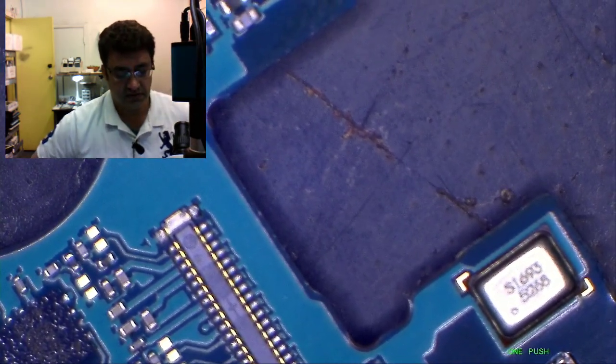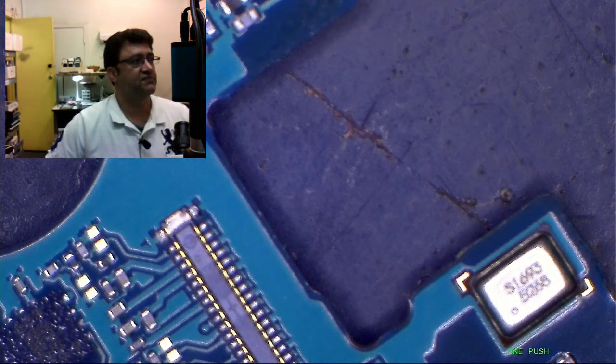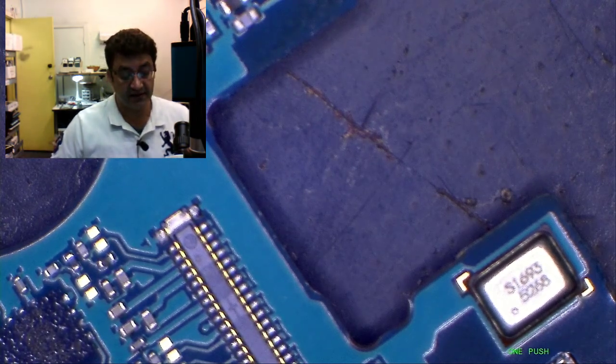Okay, so today we have a Samsung S7 which is dead. I have already tested: there's no short on the board, nothing, no heating point, and further I have tested with a multimeter, and the power IC